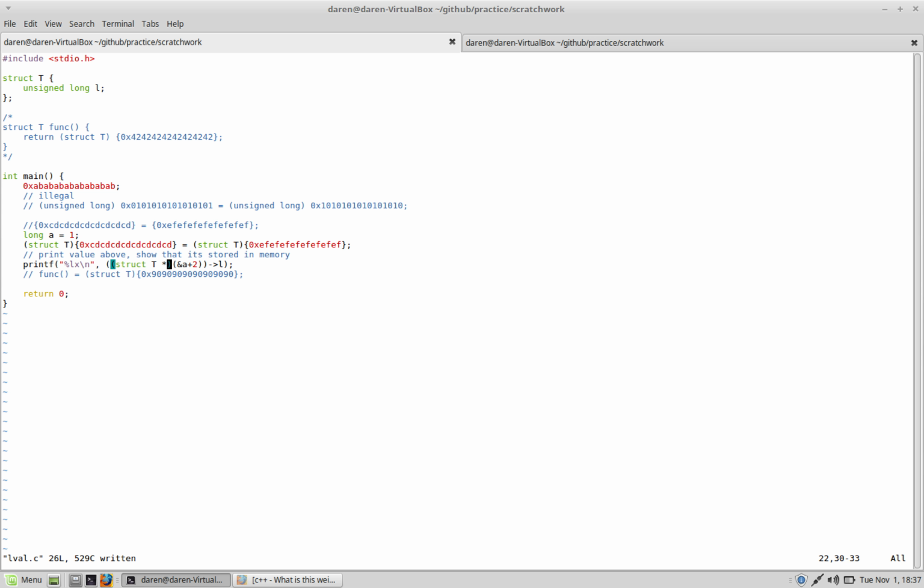What am I doing wrong here? The address of A. Does the address of A need to be cast? I don't believe it does. It is a long pointer. When I add 1,